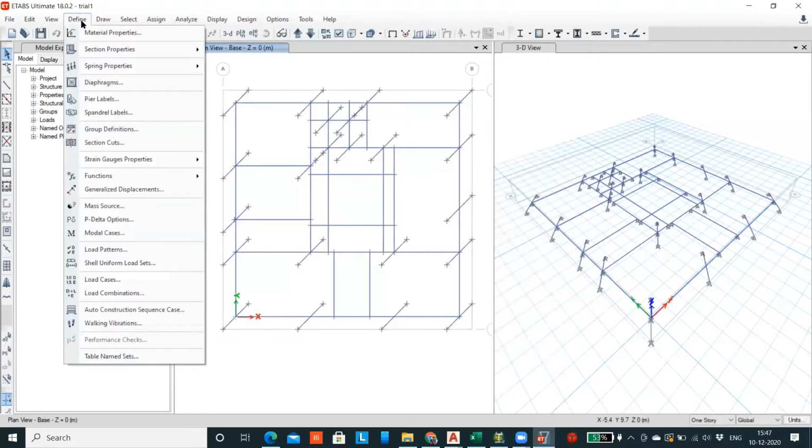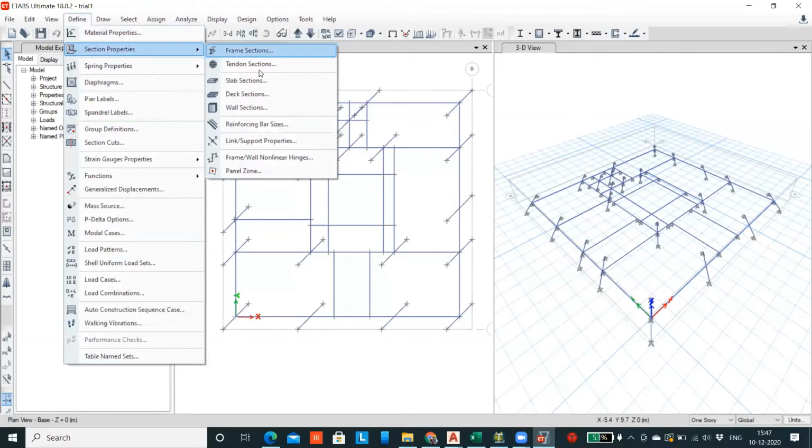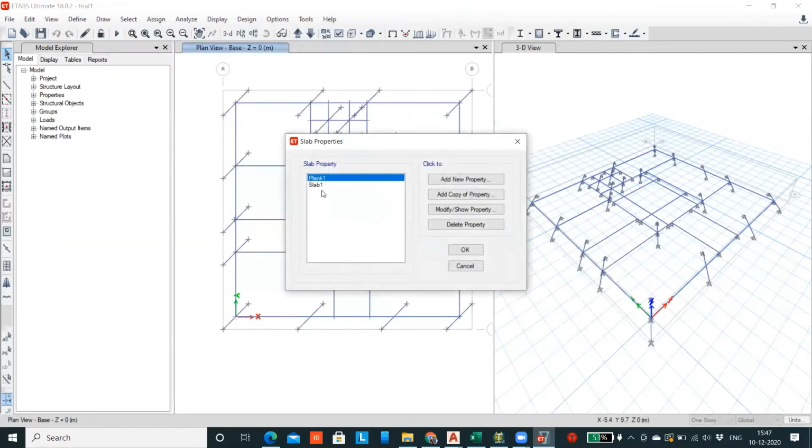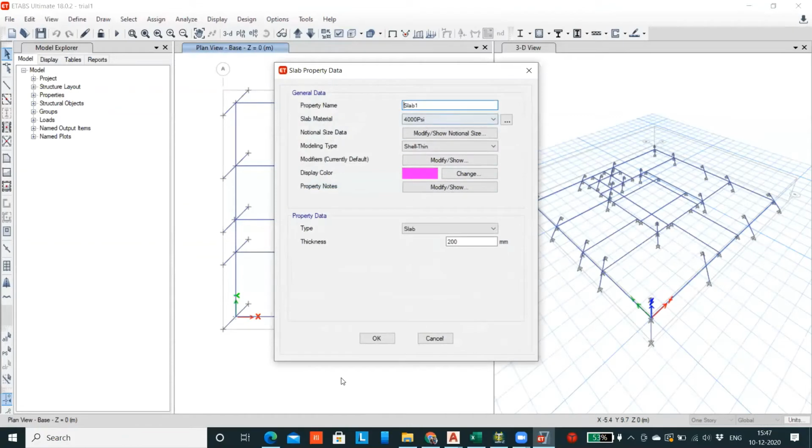Then you can go to the slab section. Click on slab 1, or you can click on Add New Property, or you can modify the show property on slab 1. I'm going to keep it as slab 1 and the material over here M30 grade of concrete, and I'm going to select shell thick, and give the slab thickness as 150 mm.